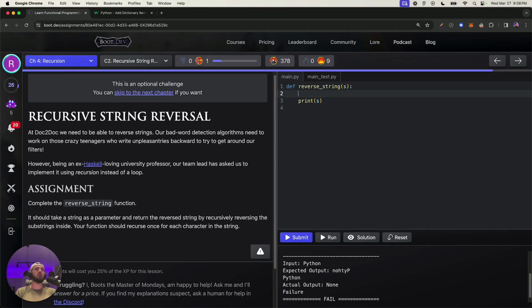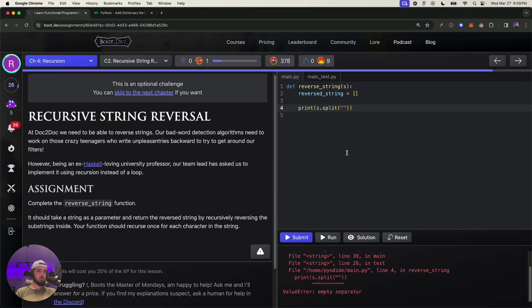So I think what I want to do is, I think I need an array. So I'll say reversed string is an empty list first, so I can store the string in that list, or I need a dictionary. I think either could work. Let's split this